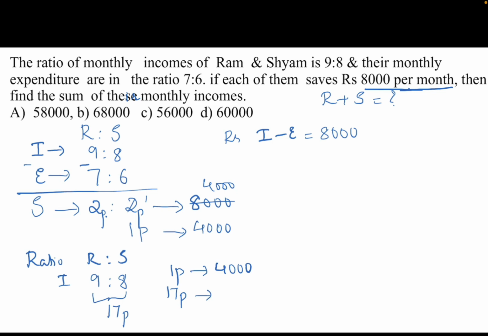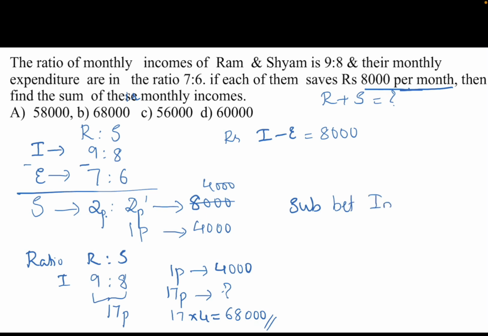17 into 4 is 68 and 2 zeros. So the sum of their monthly incomes is 68,000. Okay, that's how I directly took 17 parts is 4,000, because sum between